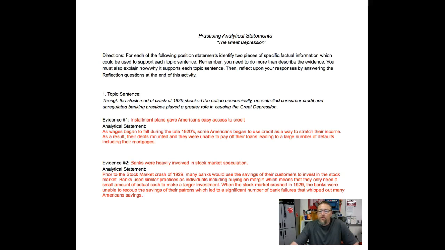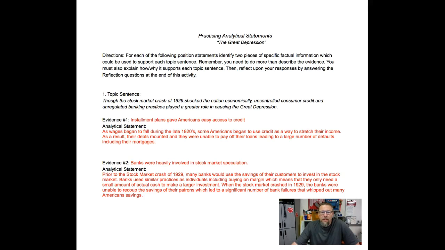And then you need to do more than just describe that particular evidence. You must also explain how or why it supports each of the topic sentences. This is the kind of thing you're going to be doing when you actually write your AP exam or write your DBQs and your LAQs. This is also great practice for your SAQs as well. So think about the fact that you're reflecting upon your responses by answering the reflection questions at the end of the activity as well. So for evidence number 1, installment plans gave Americans easy access to credit,